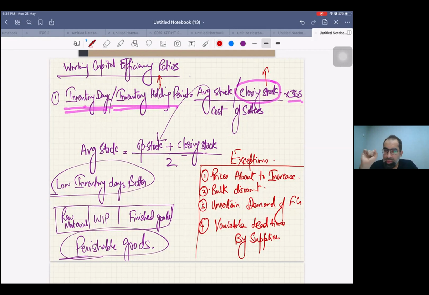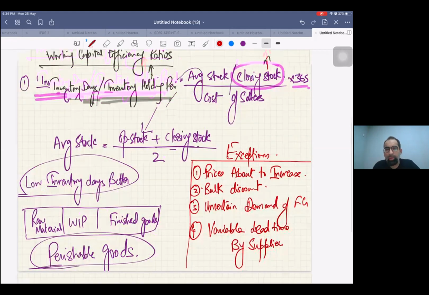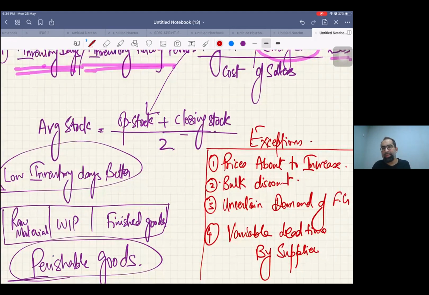Now, I taught you initially that lower inventory days are better, but sometimes there are exceptions. If inventory days are higher because of these reasons, then do not blame the management. The first thing is prices about to increase. For example,